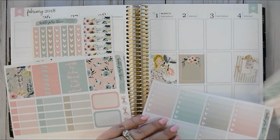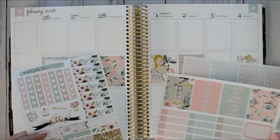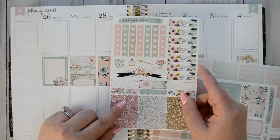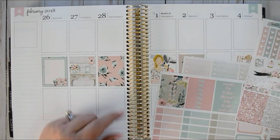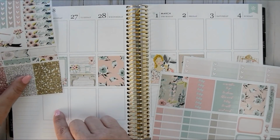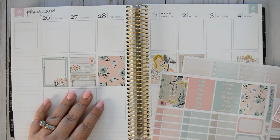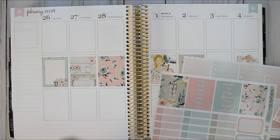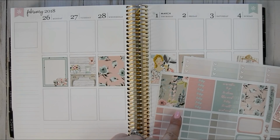I don't typically use glitter headers, but I mean, sometimes I do. But these are just really pretty, like the colors are so pretty. I love this pink glitter header, so I'm kind of tempted to use it along the middle because it's so pretty. And I'm tempted to use my to-do header along the bottom, even though I'm going to